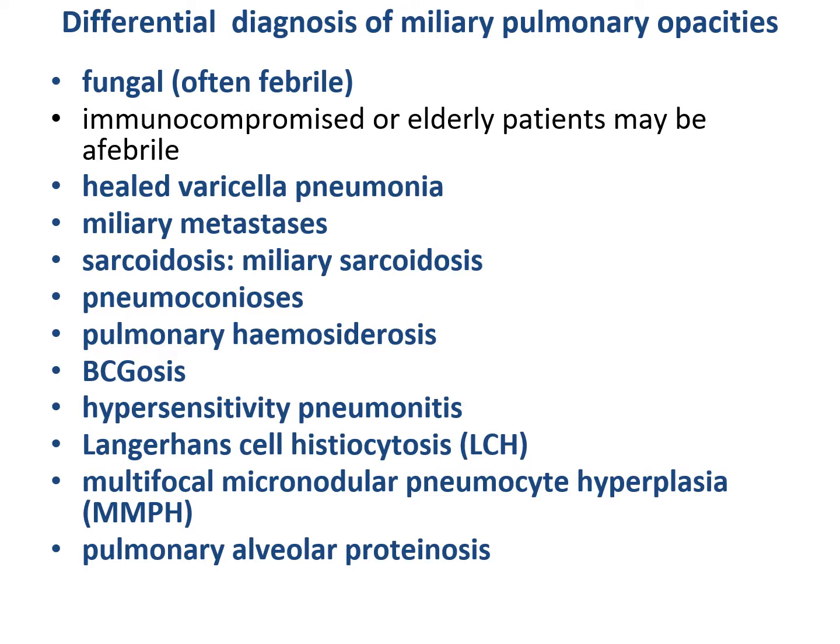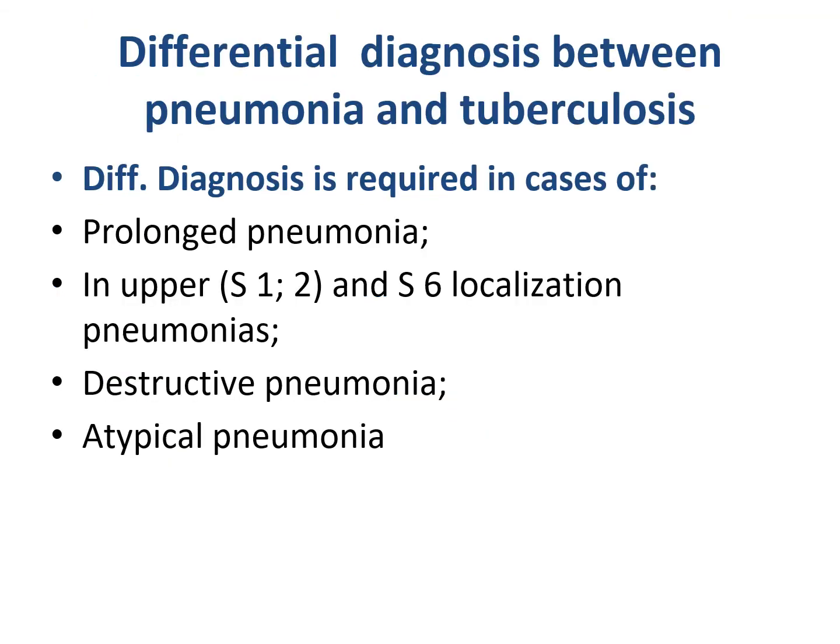Fungal, often febrile. Immunocompromised or elderly patients may be afebrile. Varicella pneumonia, miliary metastasis, sarcoidosis, pneumoconiosis, pulmonary hemosiderosis, pneumocystosis, hypersensitivity pneumonitis, lung cancer, histiocytosis, multifocal micronodular pneumocyte hyperplasia, pulmonary alveolar proteinosis. Differential diagnosis is required in cases of prolonged pneumonia in upper lobe localization, pneumonias in S6,